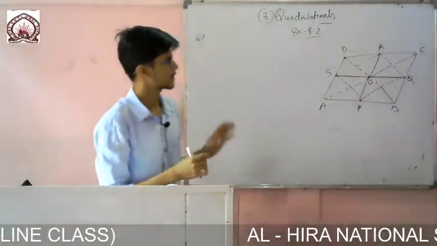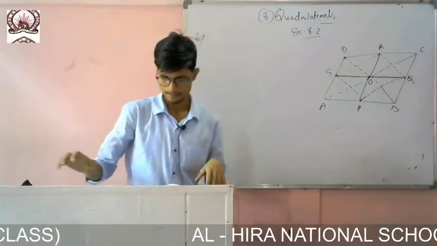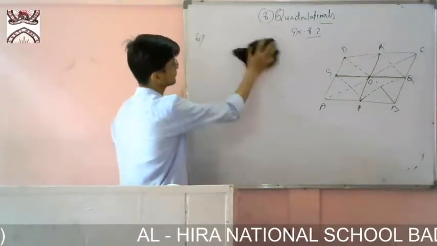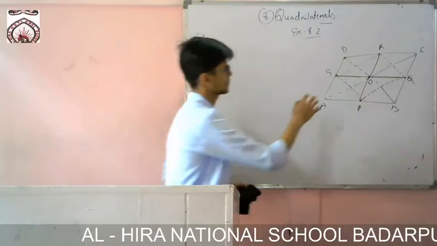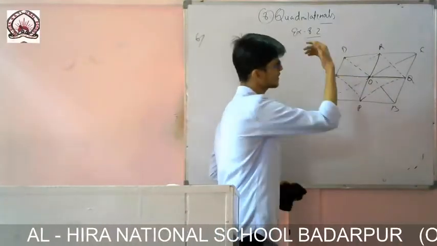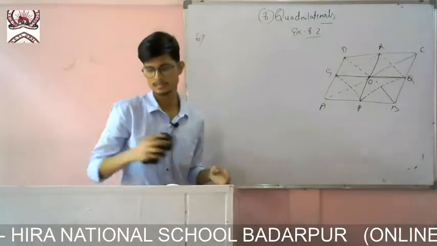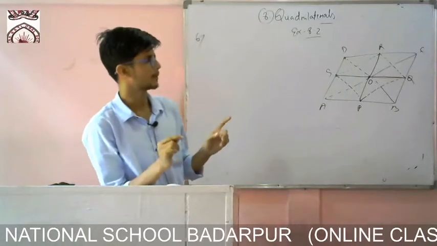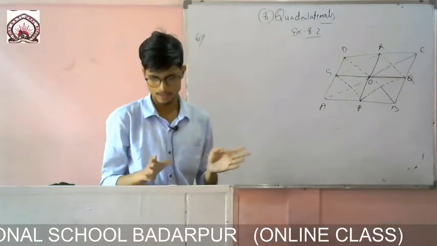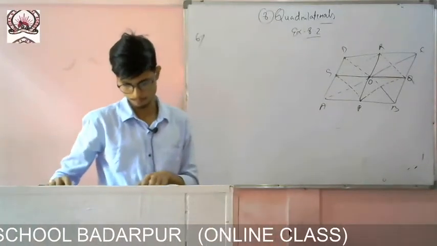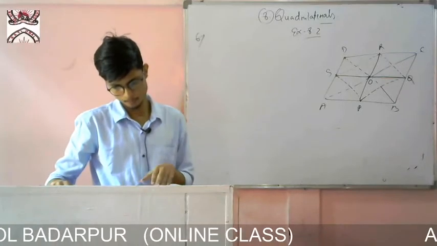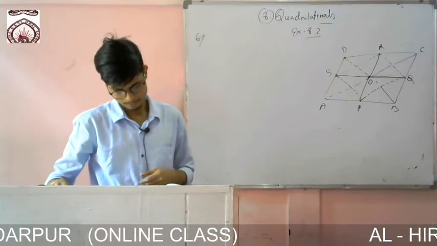Okay, so this is the figure. I will make you understand. By seeing the figure, you may get confused. Everything that was there, everything we have drawn. The diagonals are also there. The midpoints are also there. So we have joined the midpoints. The question is to prove that the midpoints of the opposite sides of a quadrilateral bisect each other.